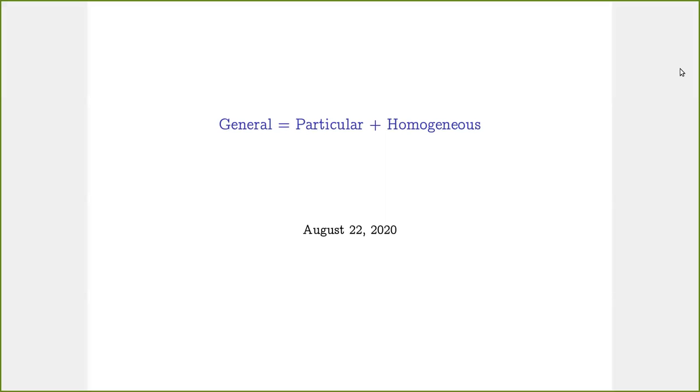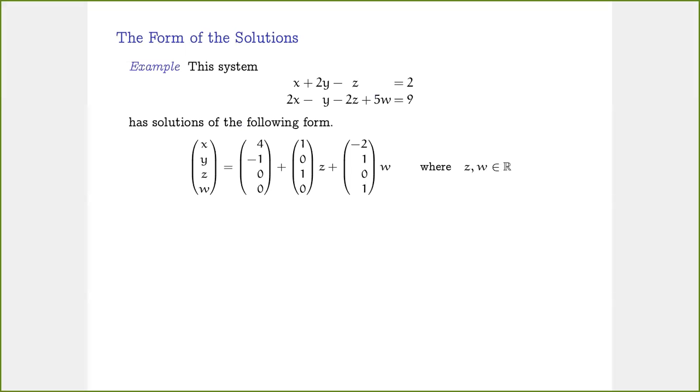Let's consider the general form of the solution of a linear system in more detail. The general solution is equal to a particular solution plus a homogeneous solution. That's the slogan. Let's see what this means. Considering the four-variable two-equation system seen in a previous video, we found there that it has solutions of the following